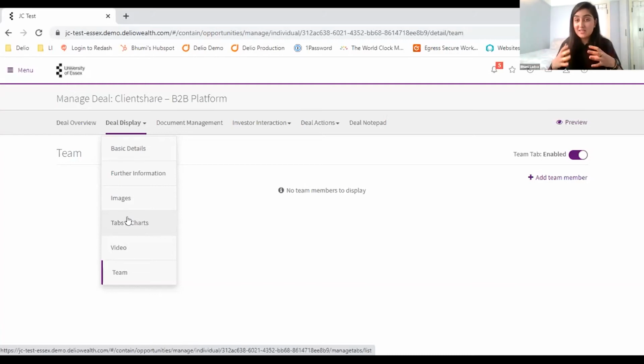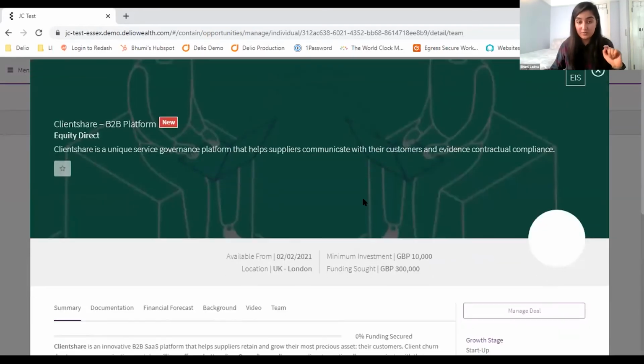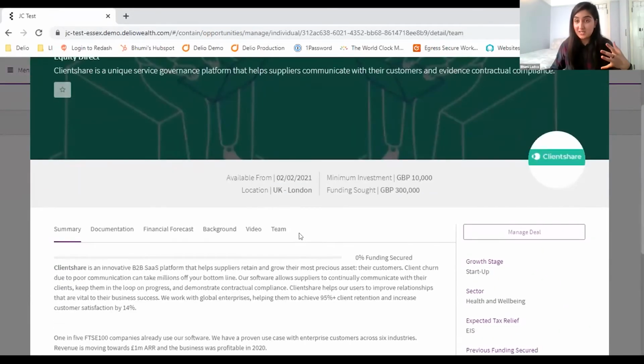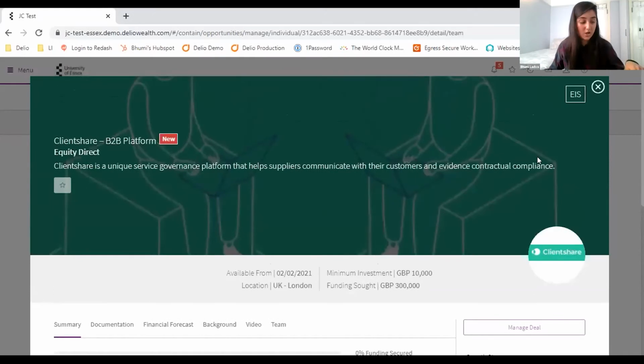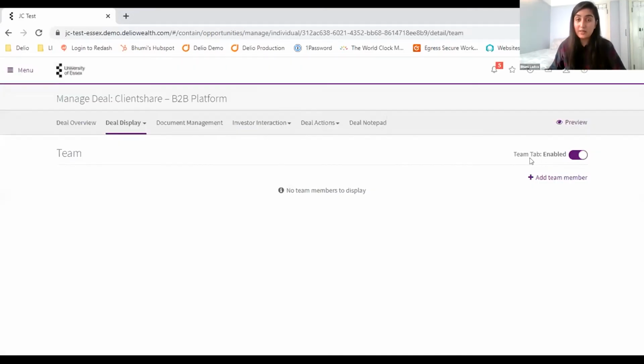The investor can see that when they log into the deal and view the deal. I've got an example of it in a moment, but straight away on the deal, they can click into that and then contact you and book in a meeting with you straight away. So that is one of the things we do encourage our entrepreneurs to do.